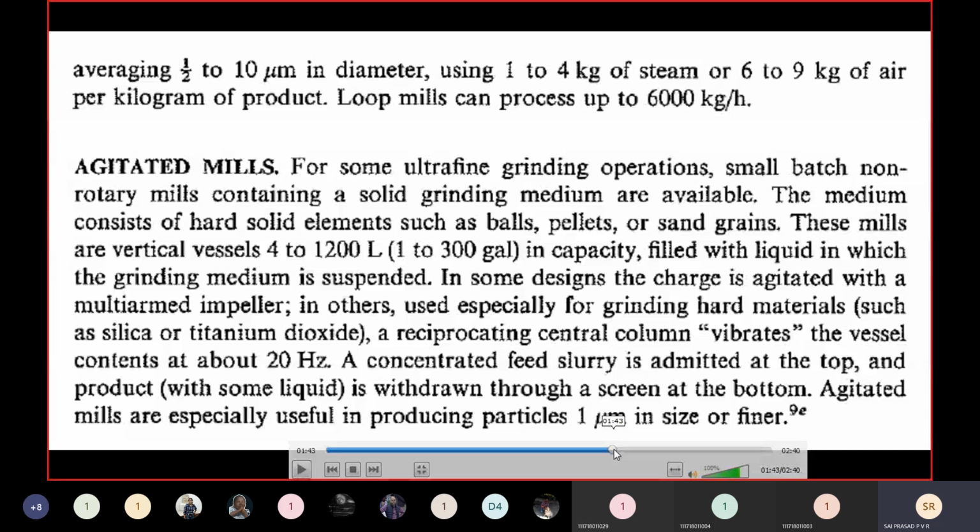Now in agitator mills, we have a container in which we add some fluid and some grinding medium, and then we charge the feed to it, and this material is externally subjected to vibrations of up to 20 Hz, and this will create some size reduction in the particles. Then you take out the slurry. Slurry means you will get liquid, grinding medium, and the crushed product. You separate them, you will get your product, you dry it and send it to some other process. So this is one more method of reducing the size of the particles, which can be obtained in the size of 1 micrometer.